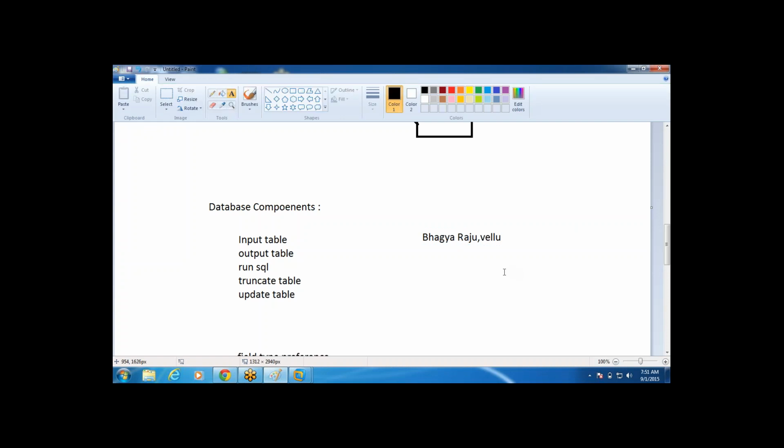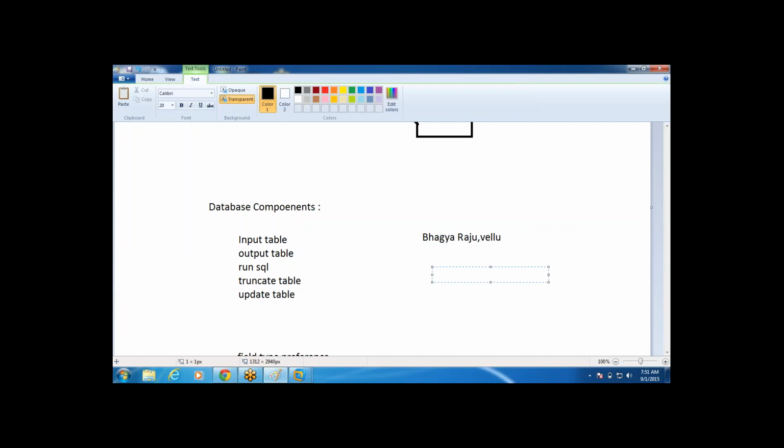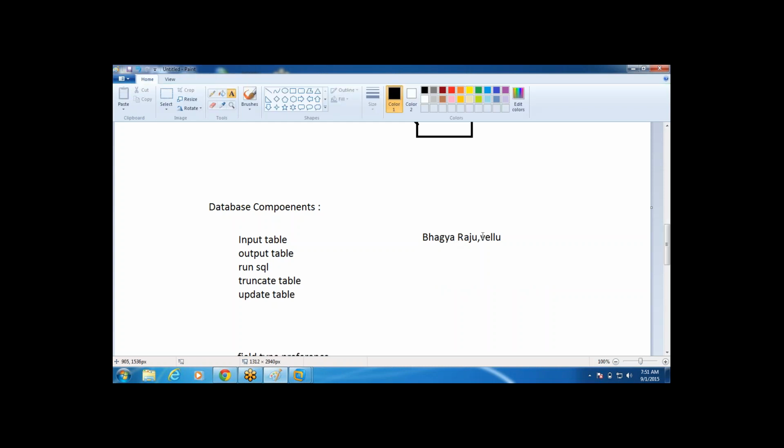Okay, so how do you want the output? Now Bhagya should be one field, Raju should be one field, and the last one would be one field. So for the first field you have to specify space as a delimiter, and for the second field you have to specify comma as a delimiter. So it all depends how the data you have. And the second record, if I have like this,